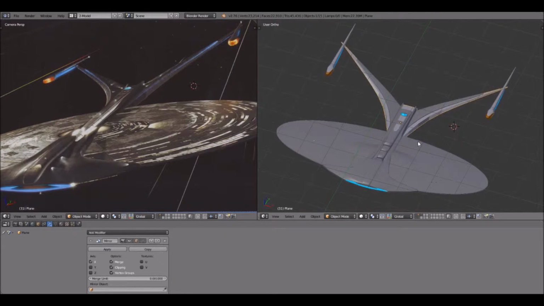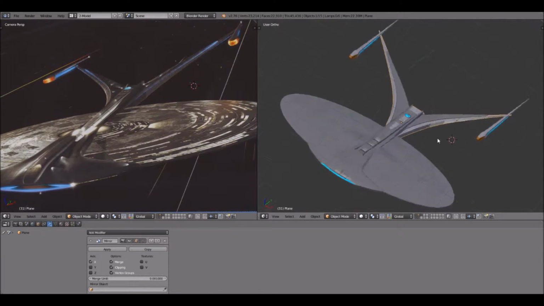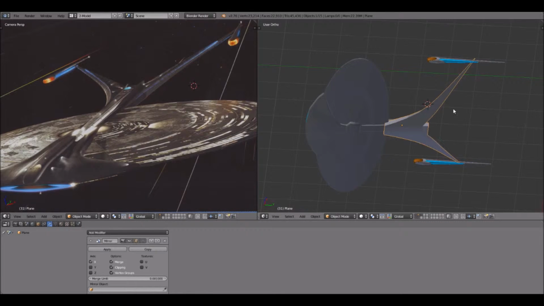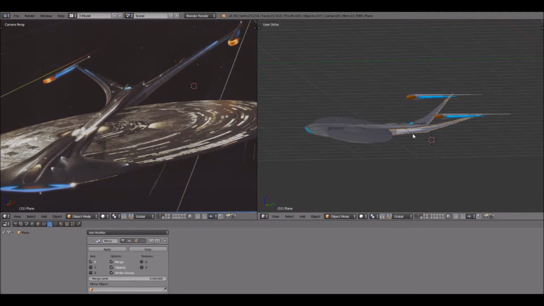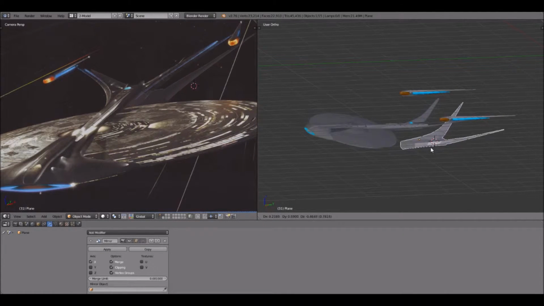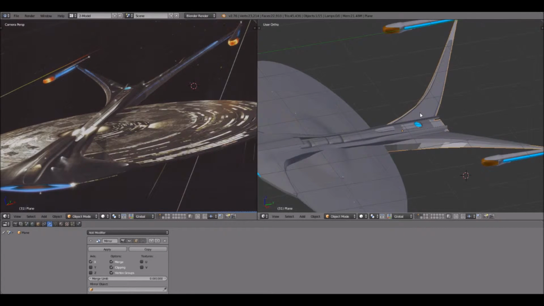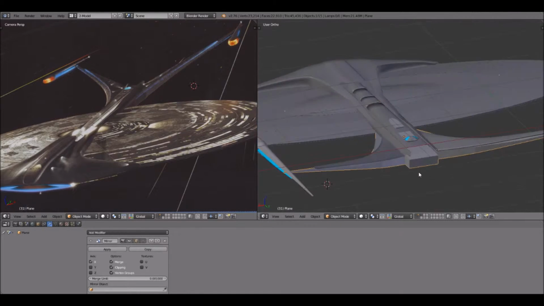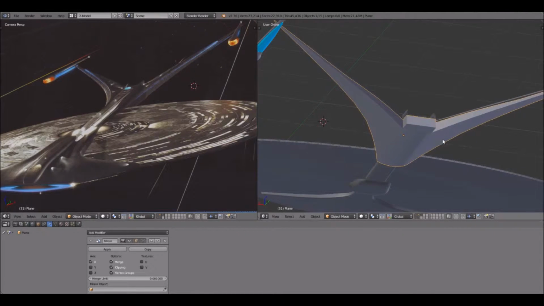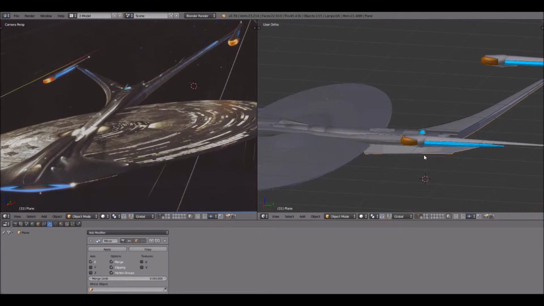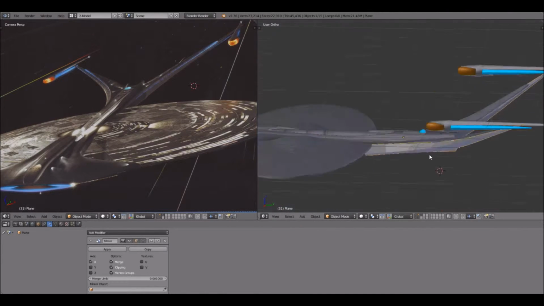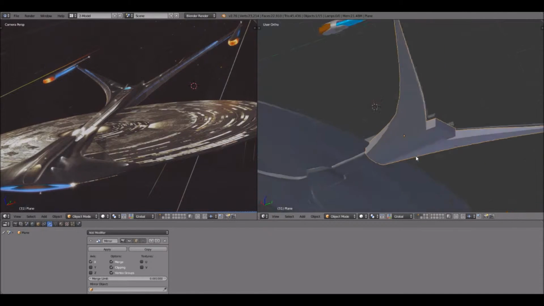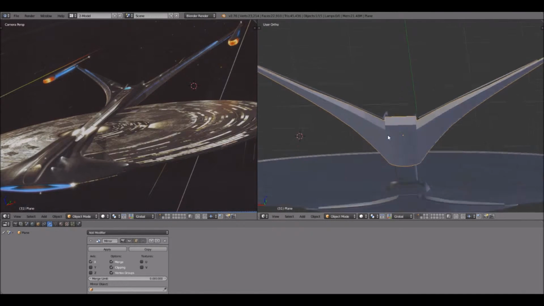As you can see, one of the most noticeable differences is that I fleshed out the secondary hull just a little bit. Now this here is a separate mesh piece, and eventually it will be blended into the rest of this, but I've fleshed it out. Did some primitive work on it, just trying to get a layout of how I think it should look. The bottom is always going to be one of those little iffy things,